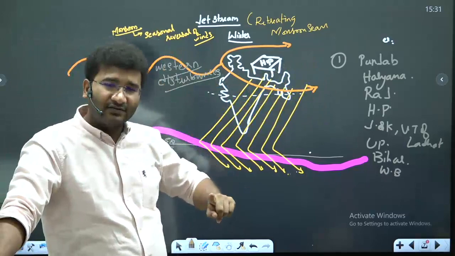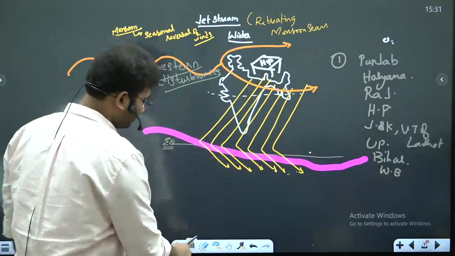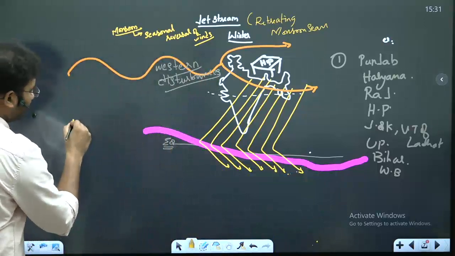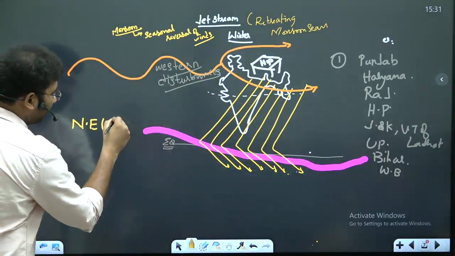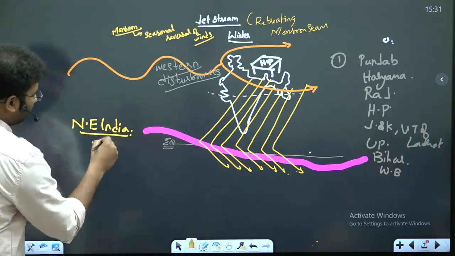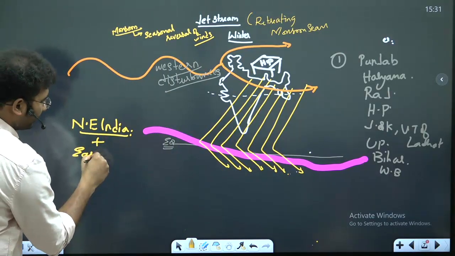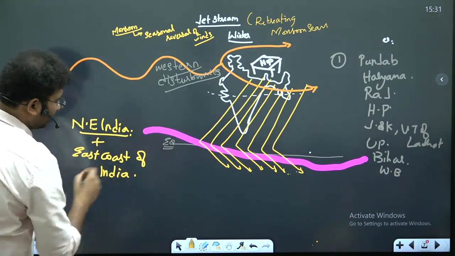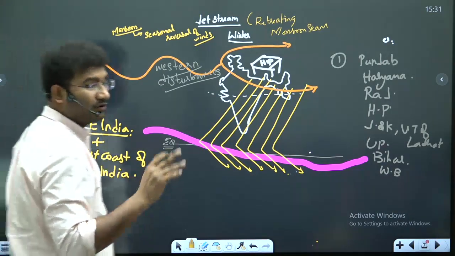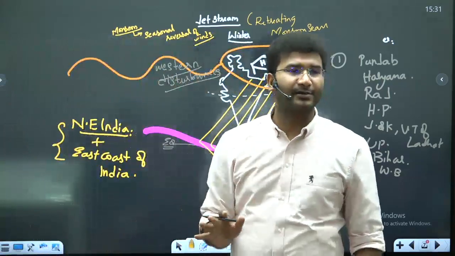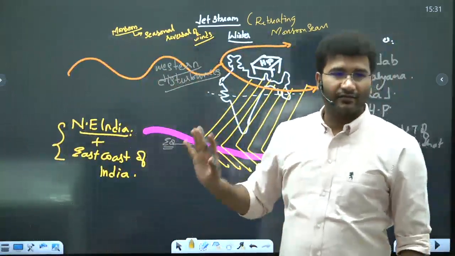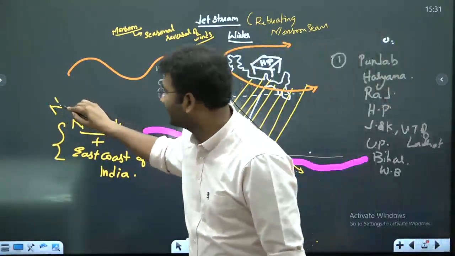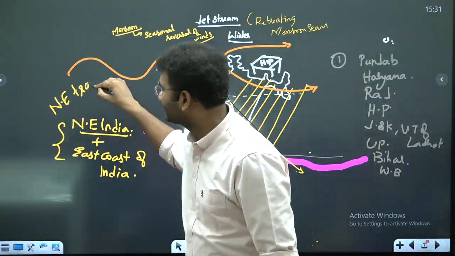Now, other parts of the rest of India, such as northeast India, including West Bengal, plus the east coast of India, they receive rainfall because of the northeast trade winds,